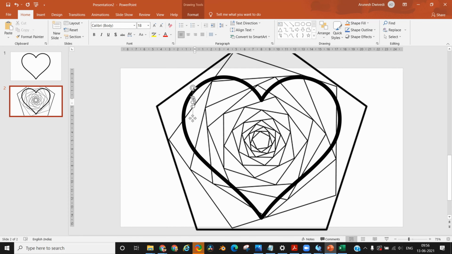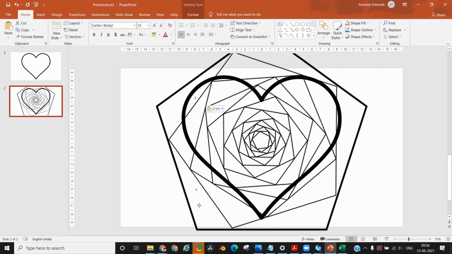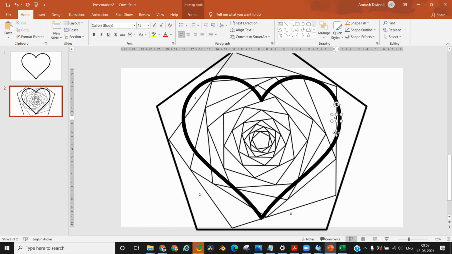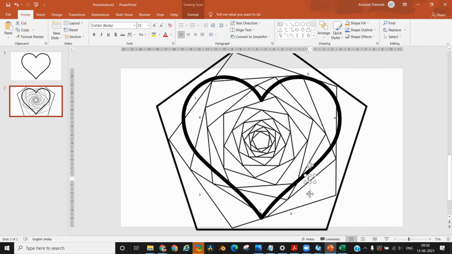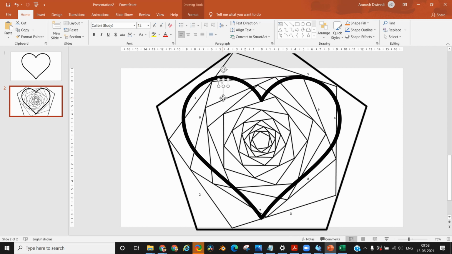Finally, number your edges in sequence so that later on when you put the cutout on a craft paper and put that template image under that cutout, you exactly know where to place your folds and in what sequence. So using the text box feature of PowerPoint, start putting numbers on each of the edges. This is important because if you miss out on any edge and an overlap might happen, the sequence might get disturbed, and then the final result will not look as pleasant as it would look if you have done everything in sequence. So putting this sequence is important, and number all the edges.